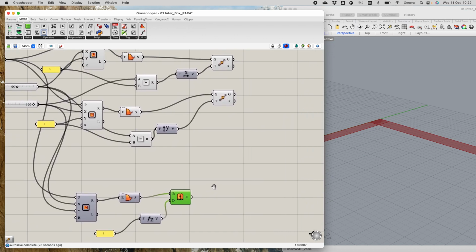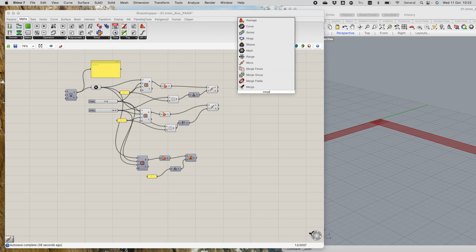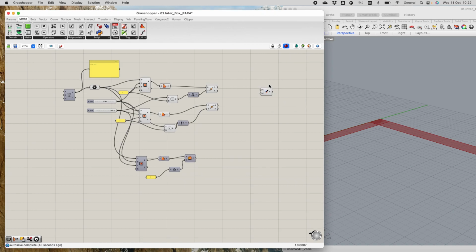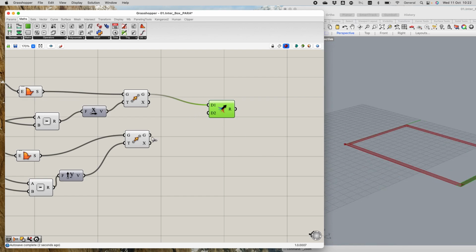And now we need to funnel all this data. We merge the data to bring the whole thing together. So we take our first data and our second data,